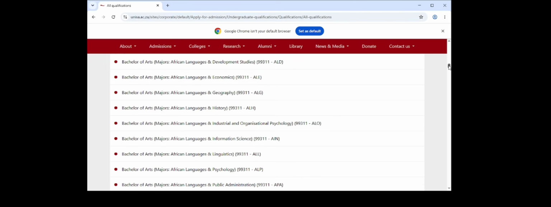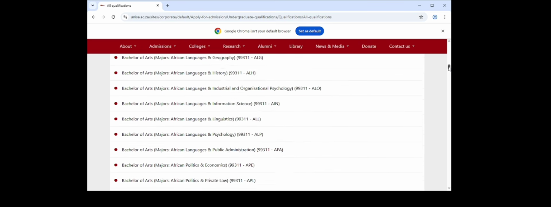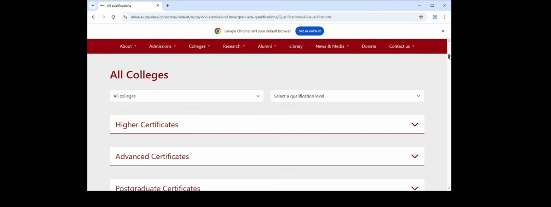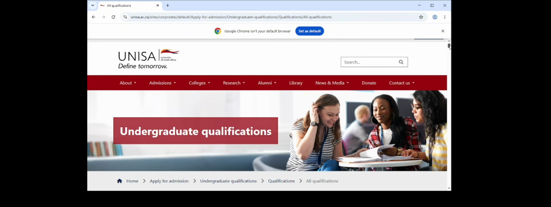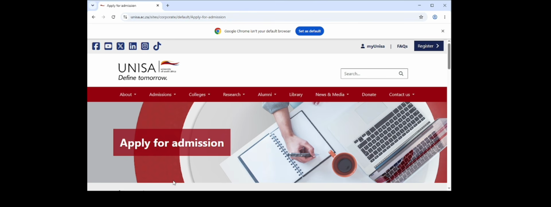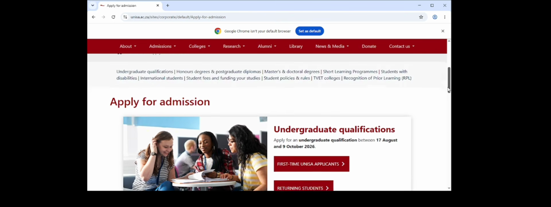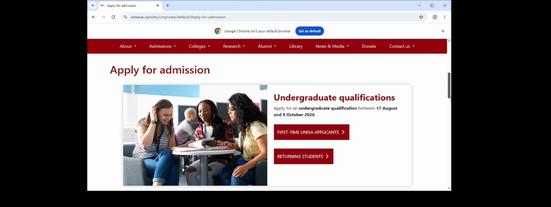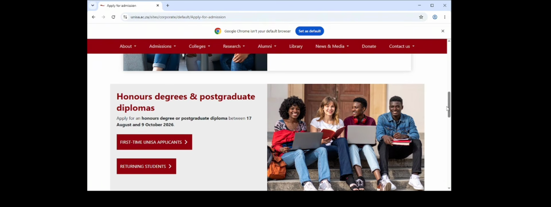So UNISA has plenty of bachelor's degree programs that you can choose from. Now, apart from undergraduate qualifications, UNISA also has honors degrees and postgraduate certificates. Honors degree and postgraduate certificate. Now, you can also come to this side and see what honors degrees and postgraduate